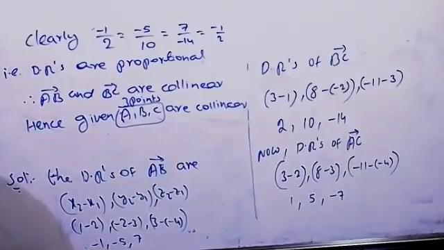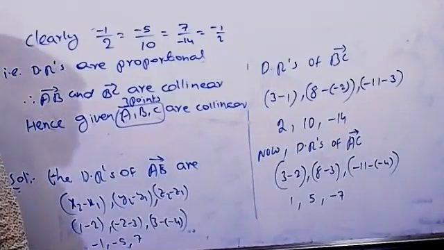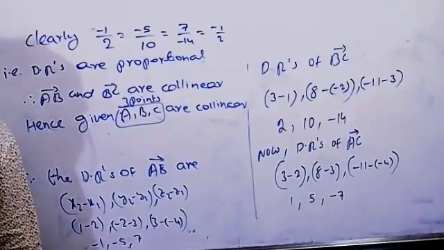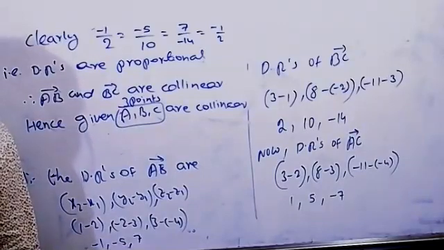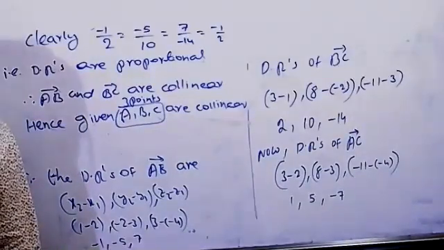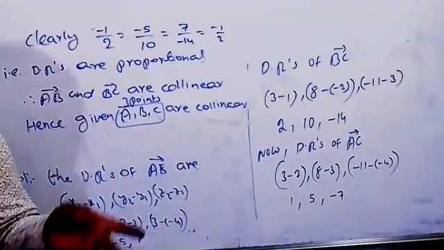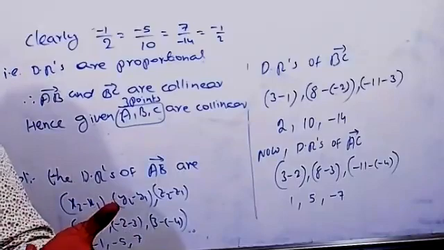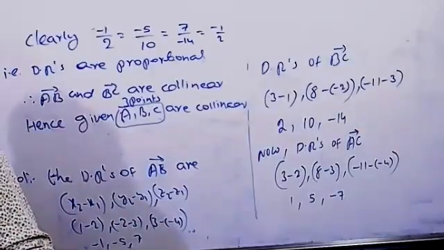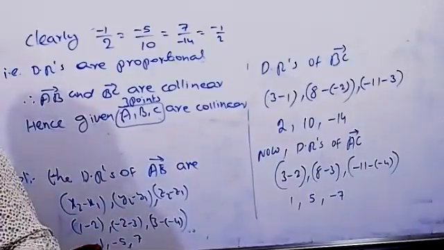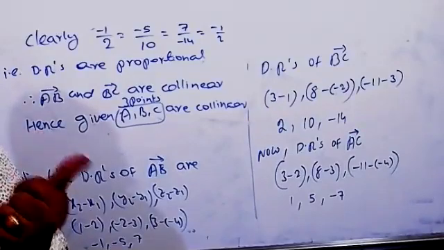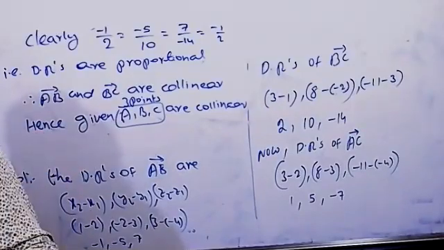Based on the direction cosines and direction ratios, these models only most probably you will get. I hope all of you understood that. Then how to find the direction ratios and direction cosines? Direction ratio means remember the formula x2 minus x1, if they give 2 points. If they give 1 point, refer directly: A, B, C are called direction ratios, and the values of L, M, N are called direction cosines.